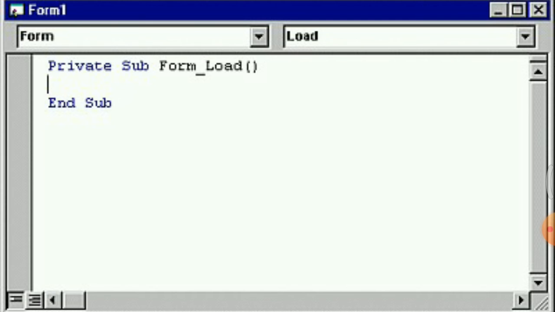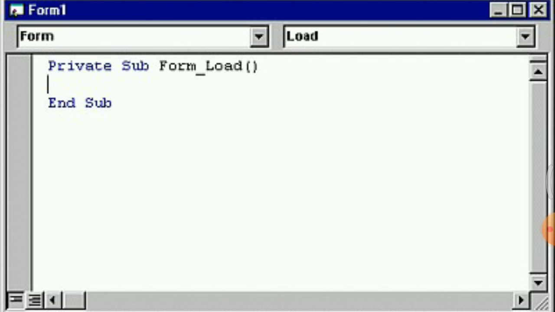First one is the object box. It displays the name of the selected form or control. It contains a list of all the objects associated with the form. And the second one is the procedure box or event box. It lists all the events for the form or the control selected in the object box. When we select an event from the event box, the procedure associated with the selected event is displayed in the code window. And we can open the code window for the form or for a specific control.